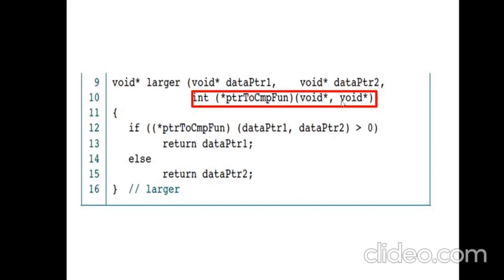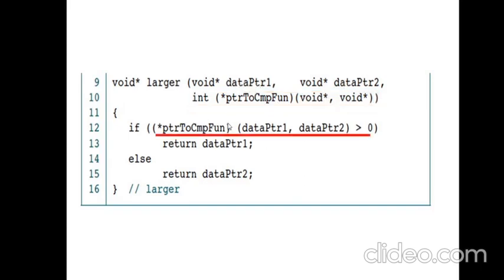For this we are passing the two void pointers, which are nothing but the two data values which we want to compare. Inside the function we make a call to the compare function using the function pointer by passing the two values, and if the return value is greater than 0, the result is that data one is the largest, else data 2 is largest.